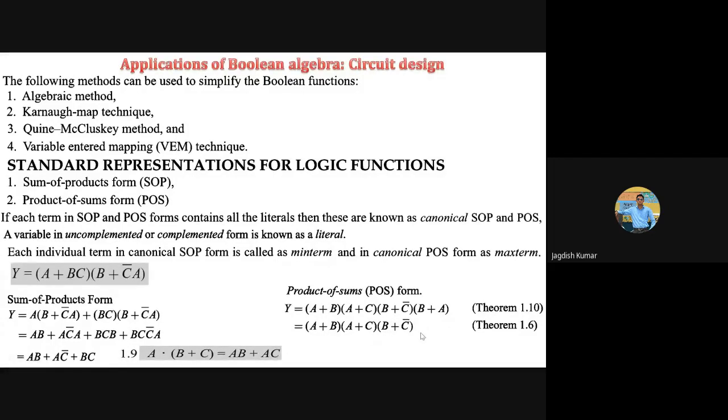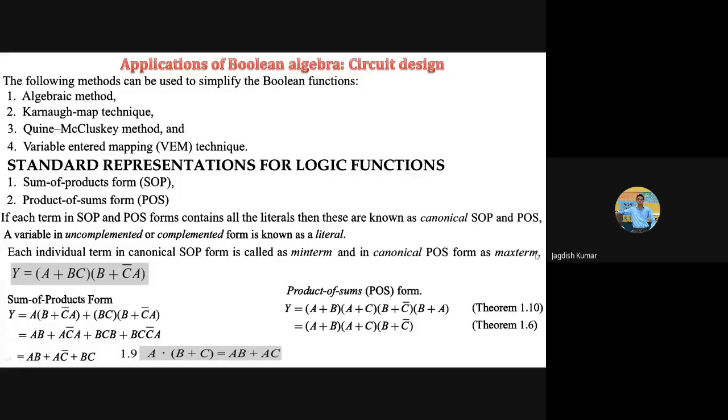So you can write down any Boolean expression or any Boolean function either in product of sum form or sum of products form. We will be doing more practice later on so that things will be more clear to you. So now again, is this product of sum in canonical form? Again, no, because you have A or B here but not C or complement of C. Here you have A and C but B is totally gone. Here you have B and C but A is totally gone. So this is also not a canonical form.